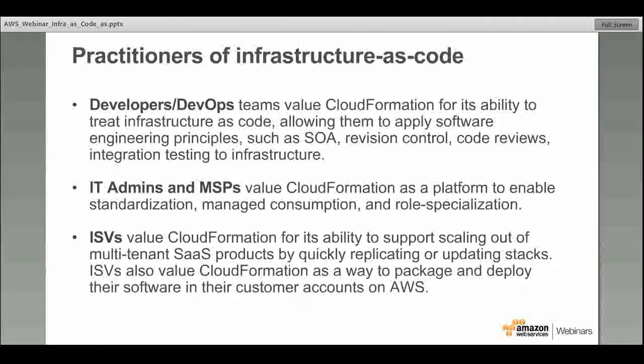Even if you are a SaaS ISV, if you're providing software as a service, chances are that you want to scale up as you go on adding customers. And we see some of our SaaS customers use CloudFormation templates, and they go on creating stacks to scale up from the same template as they go on adding customers. So these are different types of customers who use infrastructure as code and CloudFormation on AWS.